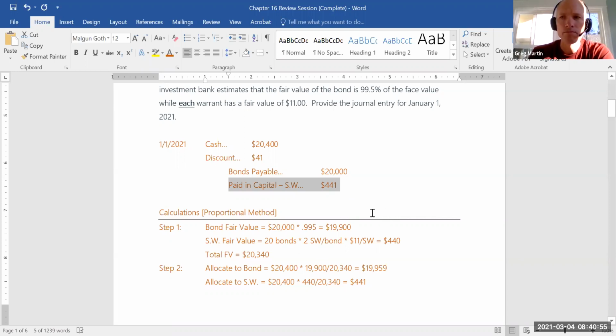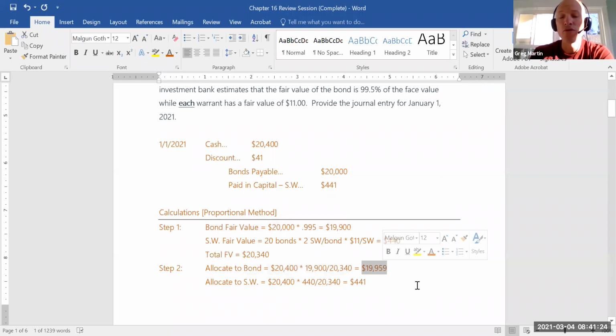Can you explain the 41 discount, how it's less than the bond fair value again? Sure. So the bond fair value is not really relevant as far as the measure of the discount. This bond fair value isn't really the most important number. It's the allocated amount to the bond that's most important. And so we've allocated to the bonds